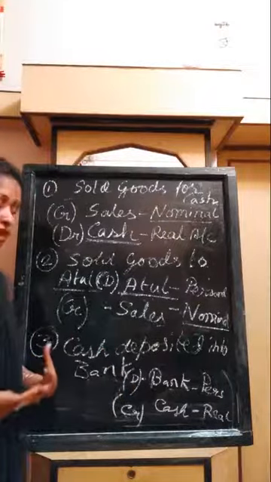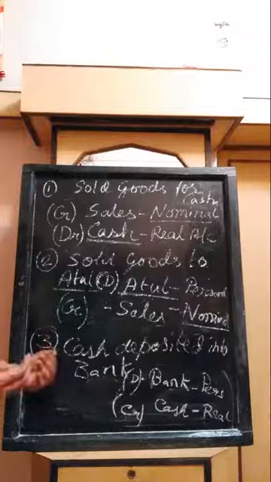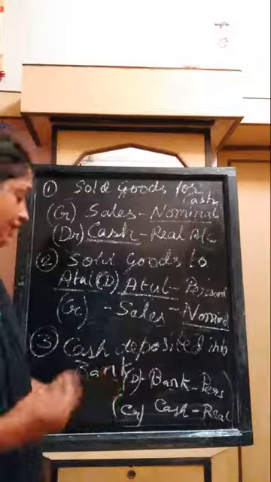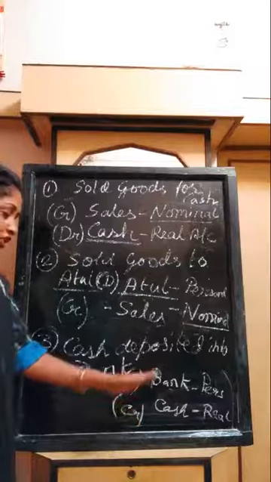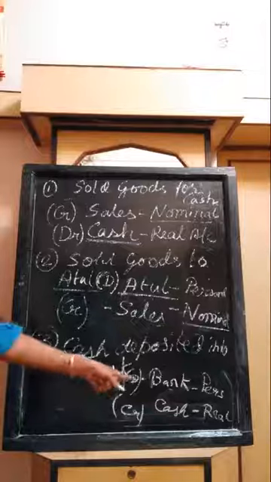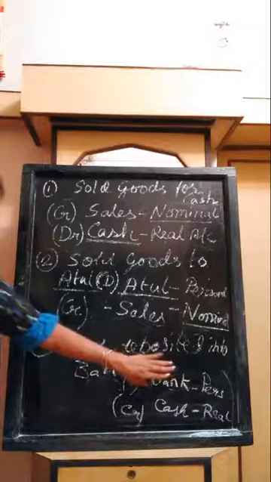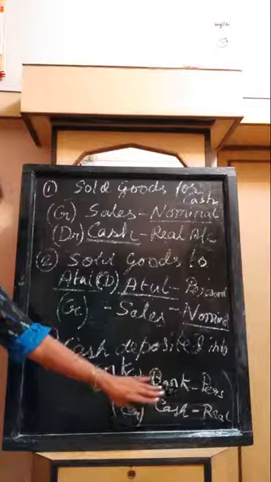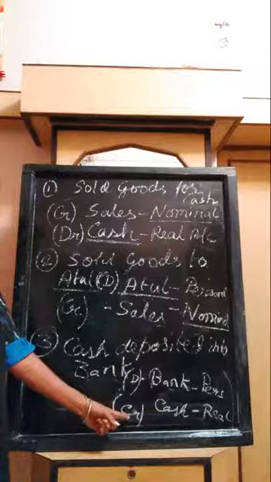Whereas in case of cash, cash is a real account. What goes out will be credit. Cash is going out from the hand. Cash is decreasing from the hand. That's why cash will be credit. So bank is debit, cash is credit. This is the logic of debit and credit. This is the application of double entry system in this transaction. Bank asset is increasing, cash is coming in, that's why it is debit, it is a personal account, whereas cash will be credit because cash is decreasing from the hand, it is going out. According to the real account, it will be credit because cash is going out.